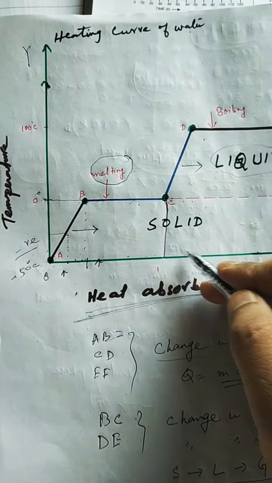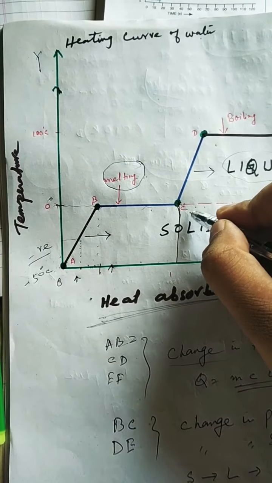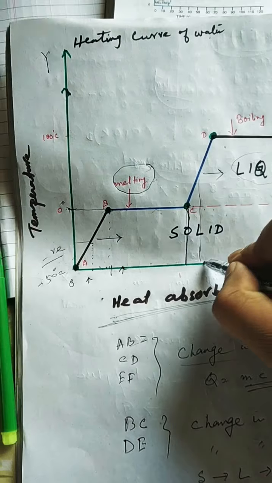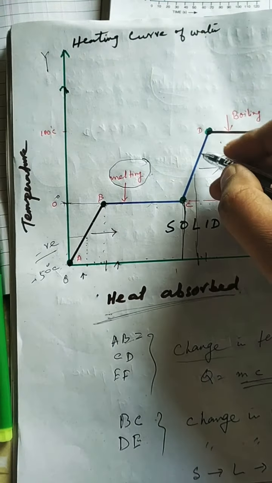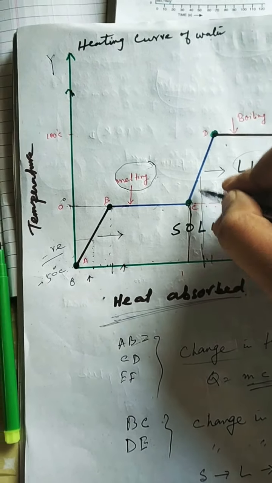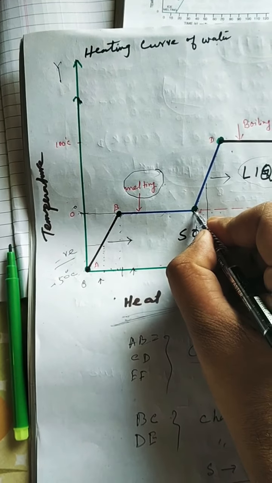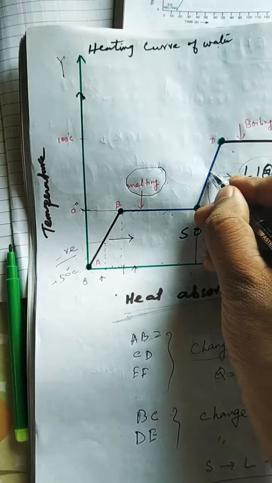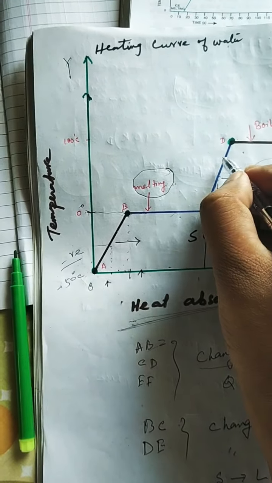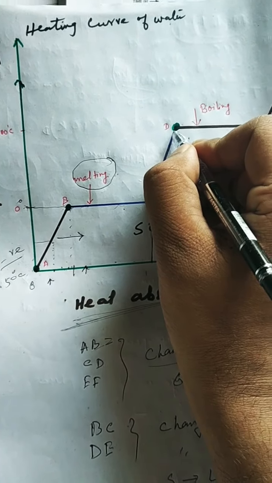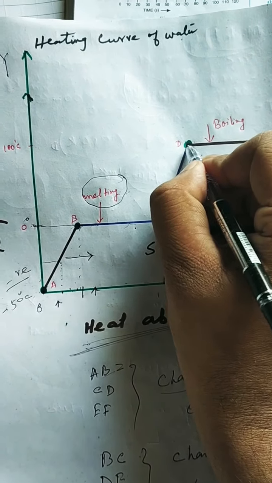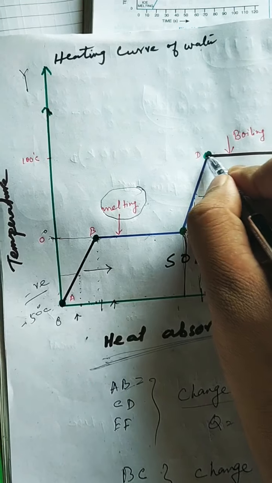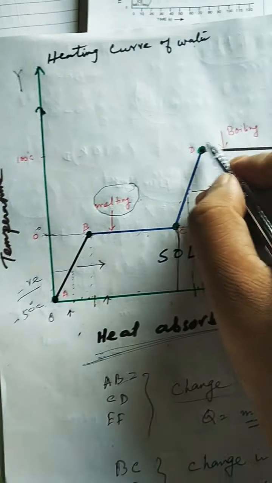Now if you increase the heat more, the temperature of the liquid increases from 0 degrees. When the temperature of the liquid becomes 100 at this point,